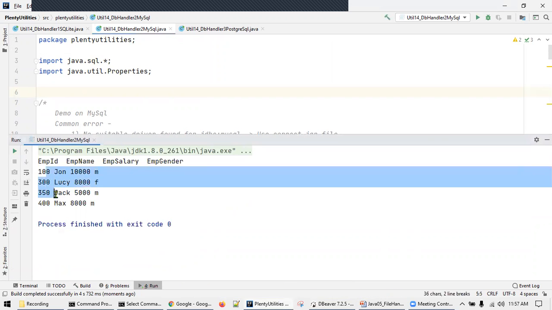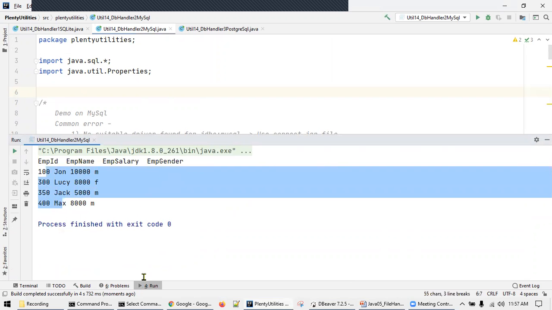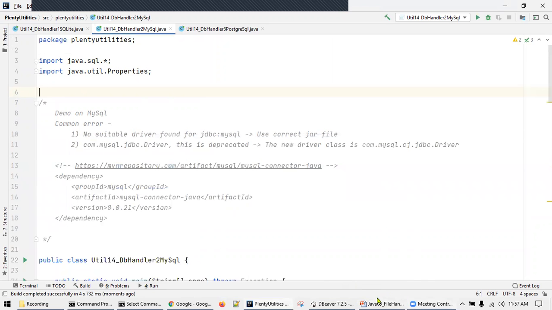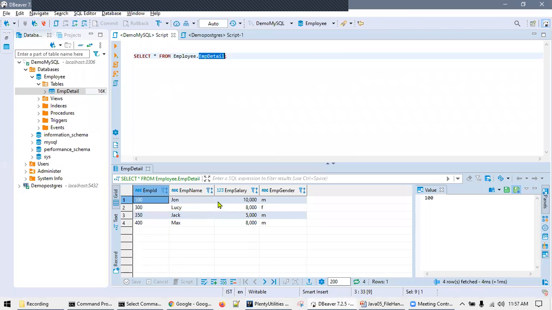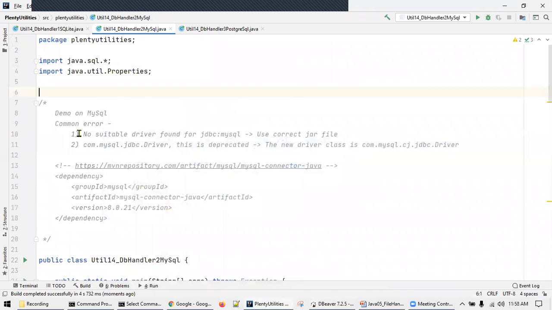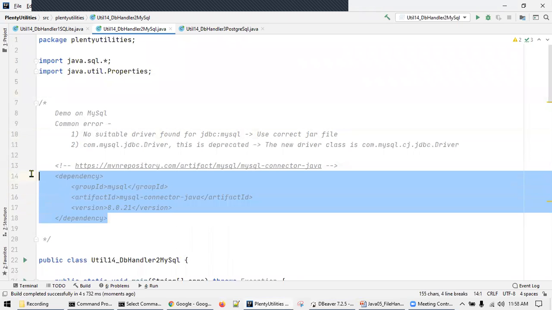Okay, so there are 4 records and this table column. So same thing as we have seen here, 4 records and these columns. Now programmatically, if you are using Java, sometimes you'll get a no suitable driver found exception. So you need to use the correct jar file. You can go to this location and download that jar file. You can go for the latest stable version, or if it's a Maven project, you just have to use this